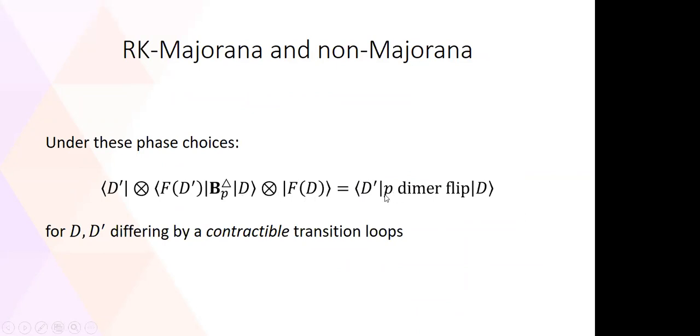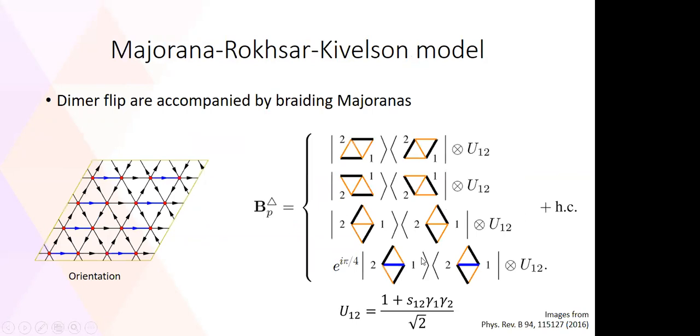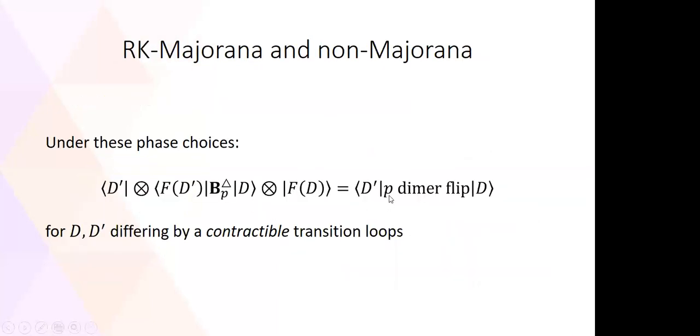P is the plaquette. So it's a dimer flip of the P plaquette, let's say. It's the same P here. This choice of BP is basically something that looks like the classical, not classical, just the non-Majorana RK Hamiltonian. So if